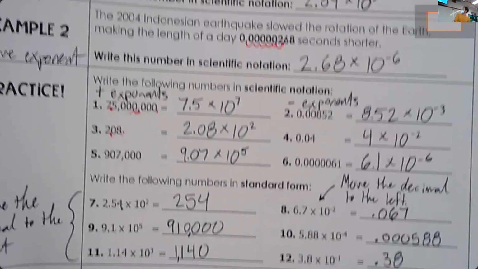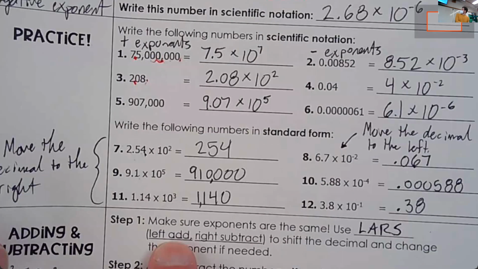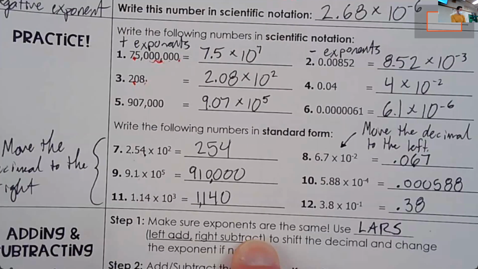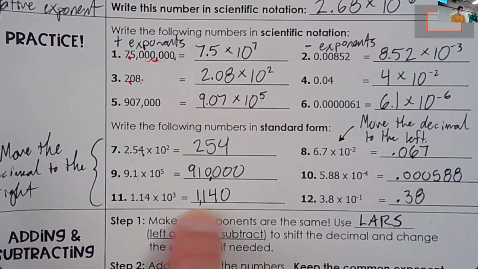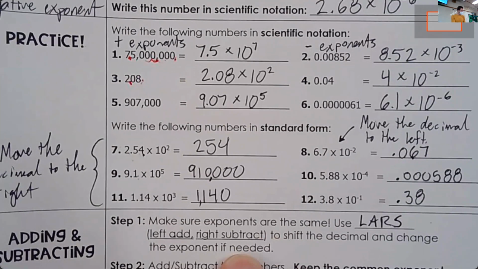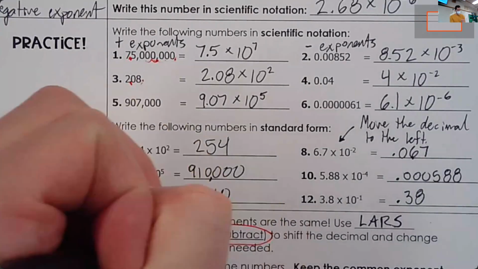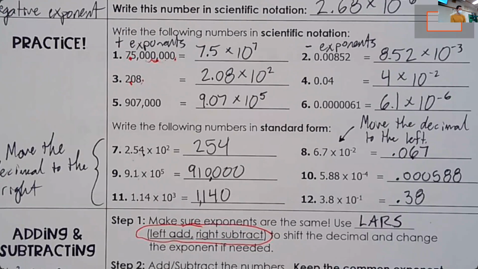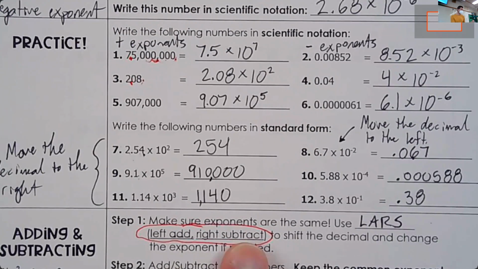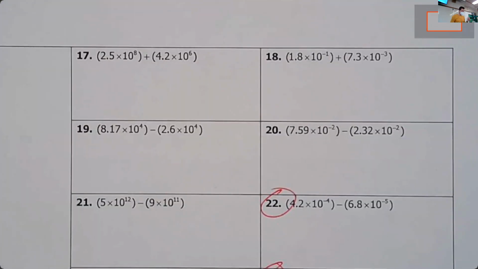So if we want to add one, that means we're moving the exponent to the left. So left add, right subtract. By the way, this rule here is going to be a big deal with what we're looking at today. So left add, right subtract, that is going to be very, very important. So if you circle that, just so you know where it is, or if you highlight it in some way, if you have a highlighter, highlighting that might be a really, really good idea. That way you can just go right back to it. If you forget what way to move the decimal and how to adjust that with your exponent, good thing to